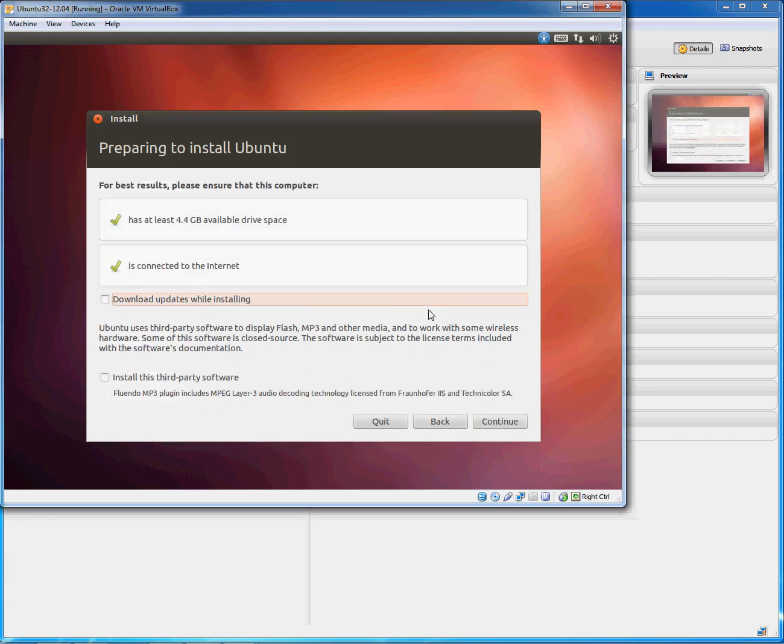As you can see, it suggests that you have at least 4.4 gigabytes available on your hard drive and that you are connected to the internet. You also have the option of downloading updates while installing, or installing third-party software for MP3s. Today I will not be utilizing either of those options. However, you can, if you so choose, do that on your own system. So simply click continue,